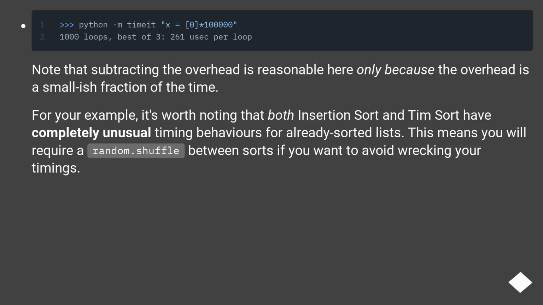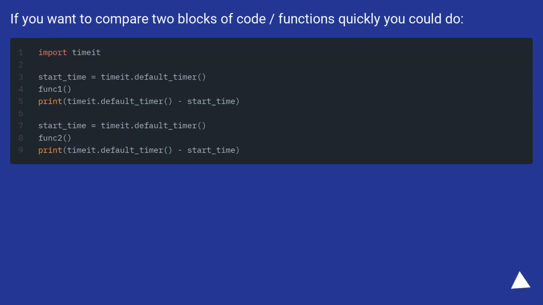For your example, it's worth noting that both insertion sort and tim sort have completely unusual timing behaviors for already sorted lists. This means you will require a random shuffle between sorts if you want to avoid wrecking your timings. If you want to compare two blocks of code, functions quickly you could do